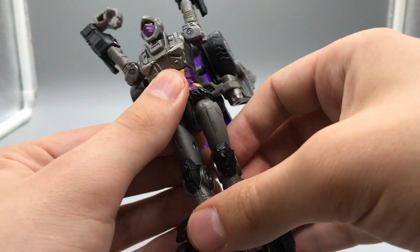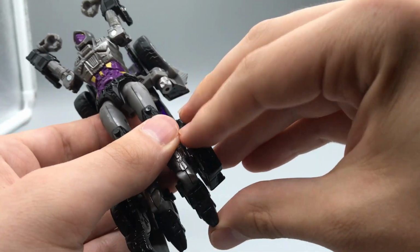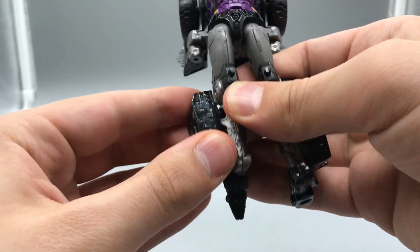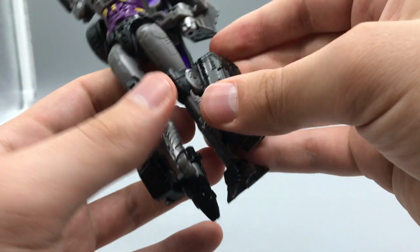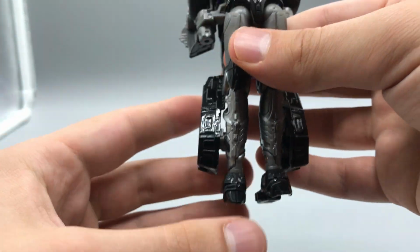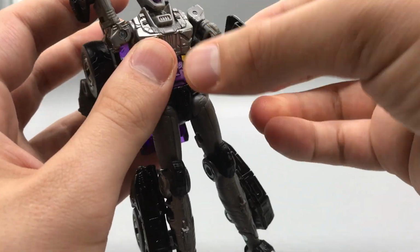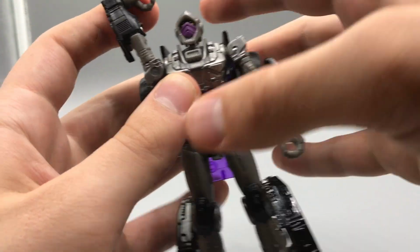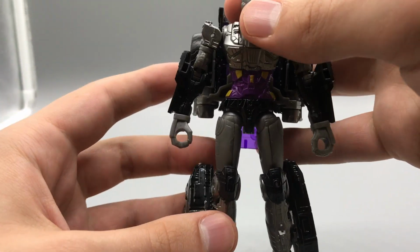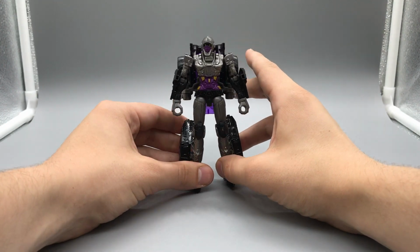For the legs, we're just going to straighten them out, flip these sections up and around, and flip the feet down. Same on the other side, up. Yeah, they shouldn't go over the knees. And flip the feet down, and then just straighten out the arms. Flip the hands out from their alt transformation positions. And then there you have Nightbird